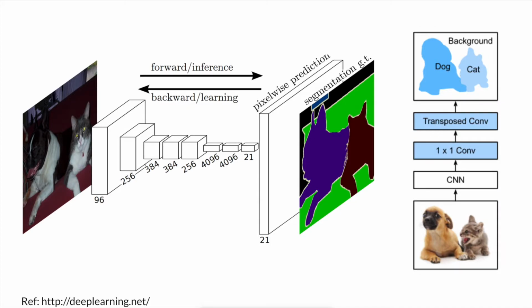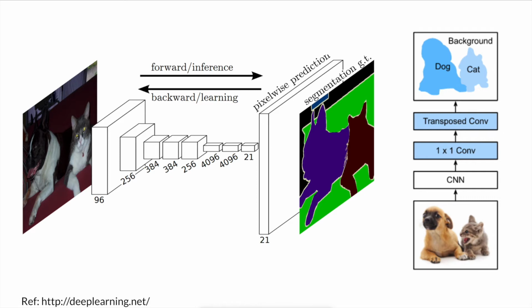So the convolution operations are always there, but there is a basic difference in the fully convolutional network. For example, in a convolutional neural network we generally take a fully connected layer as the final layer, that is called a dense layer. Here the dense layer is removed and replaced by a one-by-one convolutional layer.